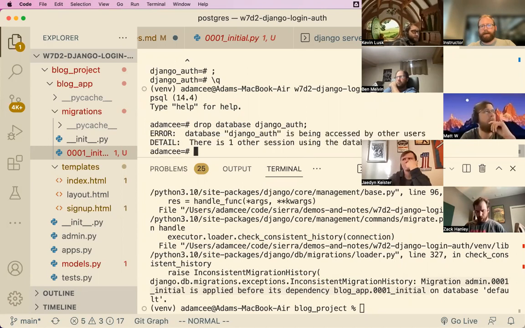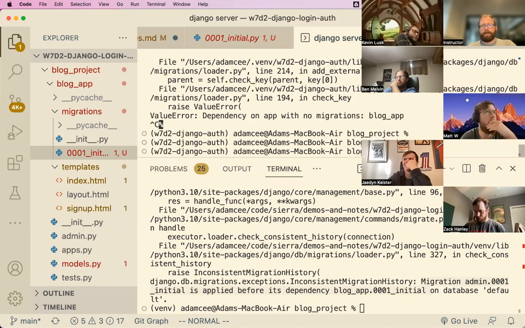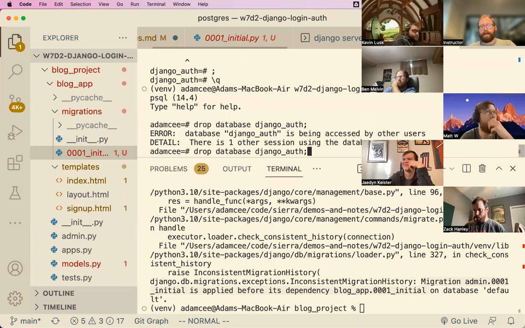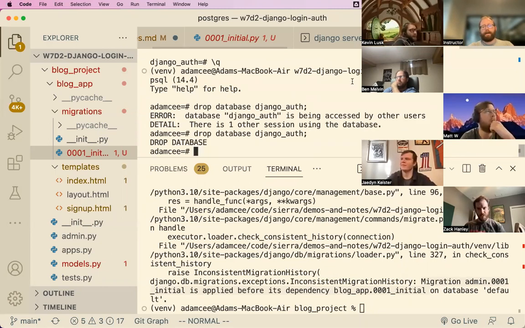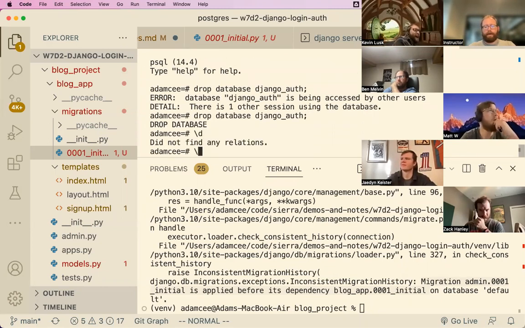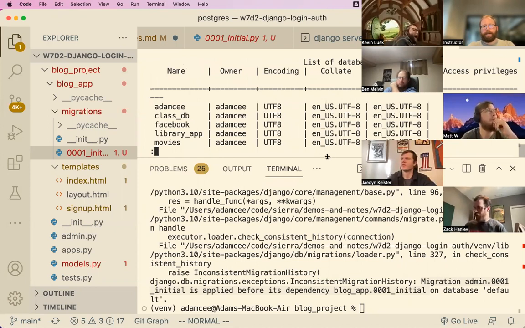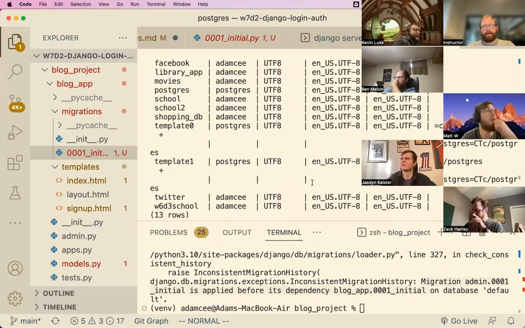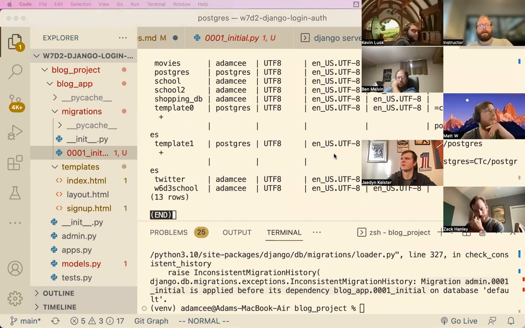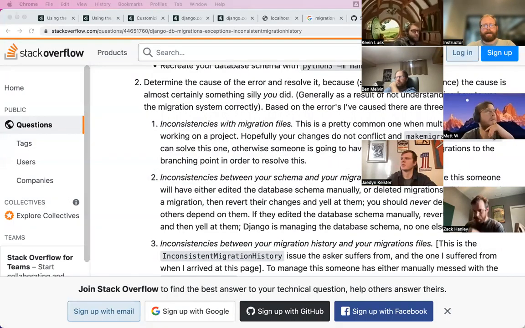Is being accessed by other users. Oh, the Django server is running and talking to it. Let's try that again. Okay. Awesome. So that Django auth database is now gone. I want to double check